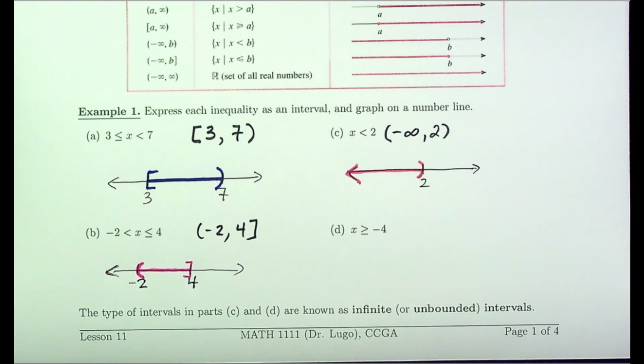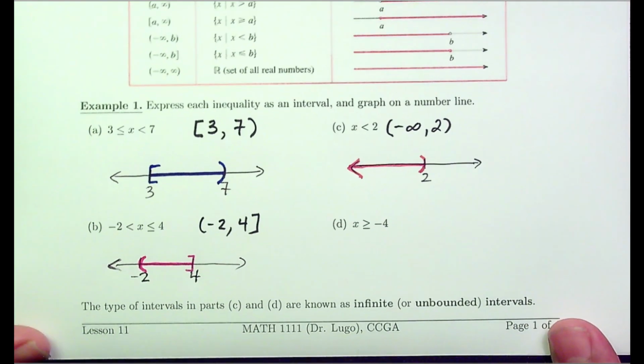Because you're not including a negative infinity. Negative infinity is not a real number. So you're never wanting to say you are including it because it's not a real number. Okay, then the